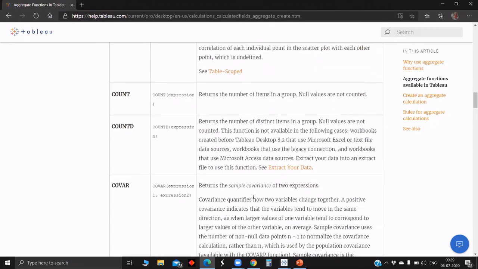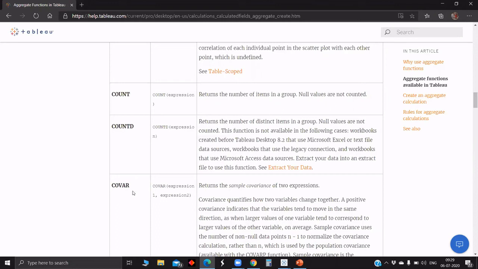So next we have count. This count tells how many records there are in our data source. It will count based on the expression we give. And count distinct: sometimes a market will be repeated twice in different records, and that will be counted in count. In order to remove that, we have count distinct, which will count only the distinct values. For example, in our data source, we have 30 or 32 markets which have repeated across months or years. If we use the count distinct function, it will show the count of only the distinct markets available in our data source.